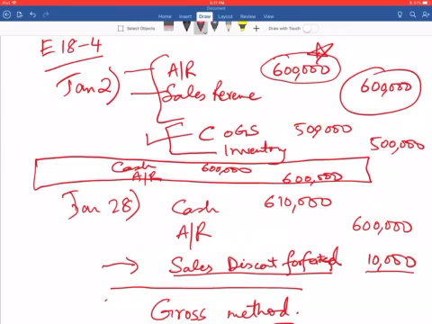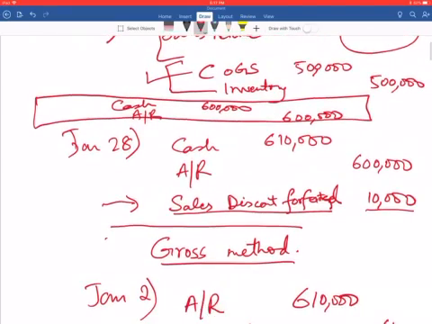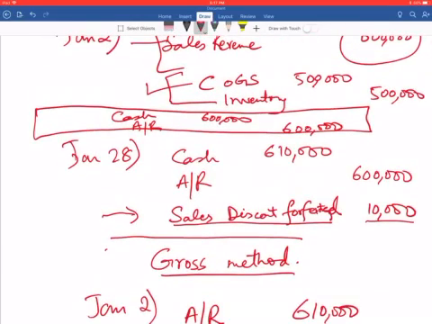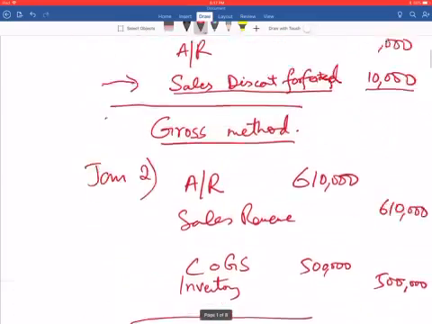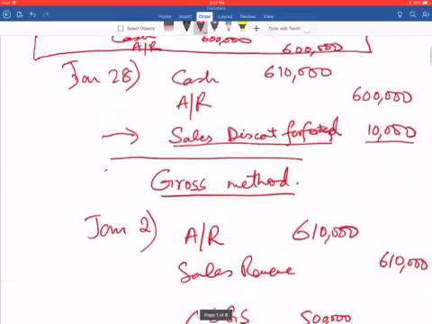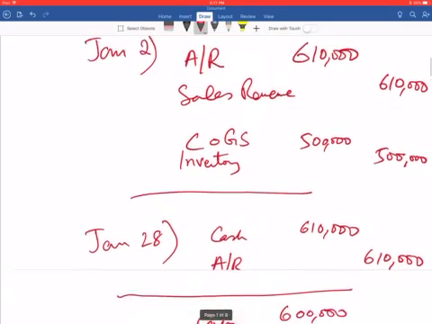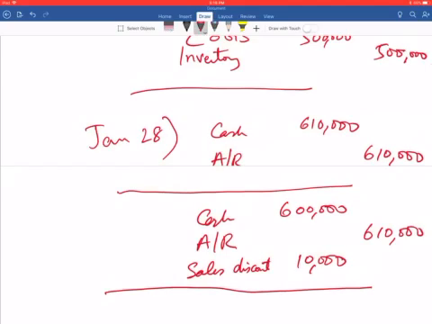So when you think the world is exactly as you assumed, then we don't have to add these additional accounts. But when it differs, we have to add this account called sales discount forfeited under the net method, or, under the gross method, we have to introduce sales discount when the customer unexpectedly takes a